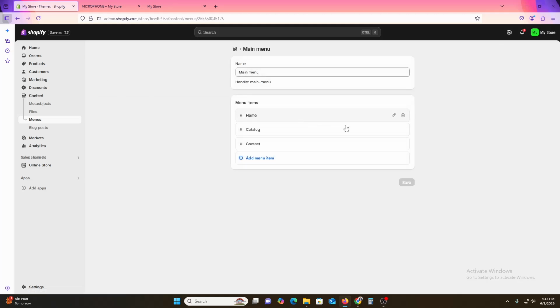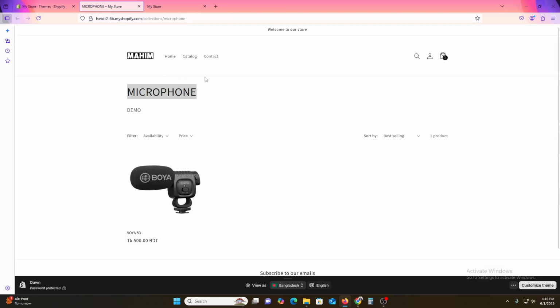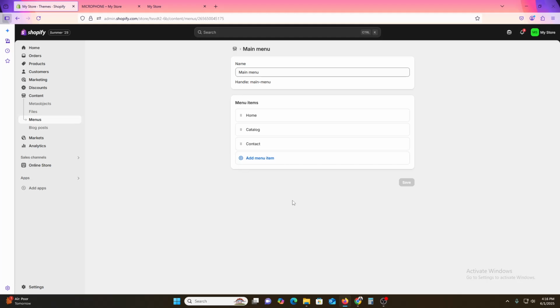Once I click over here, you will find the result that we are showing in that option. Here you can see we have home, catalog, and contact page. So I'm going to change this like this. Just click on add menu item. Once I click over here, I'm going to give it the name microphone, and then I'm going to